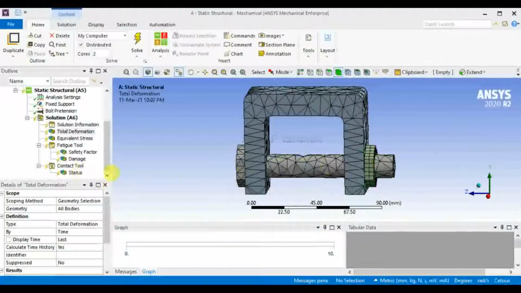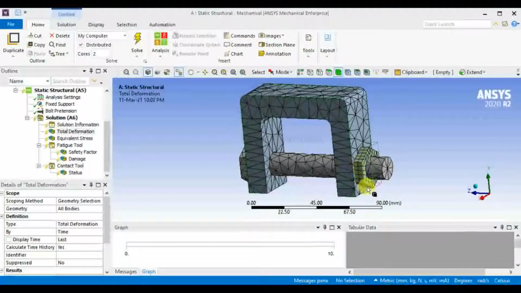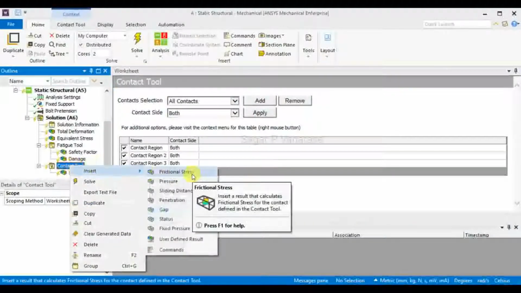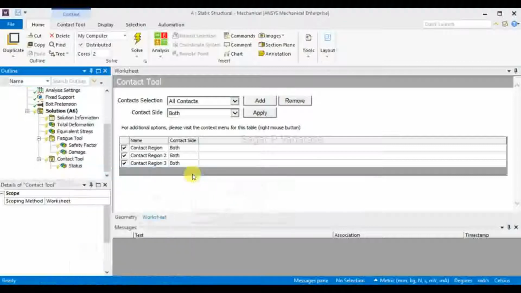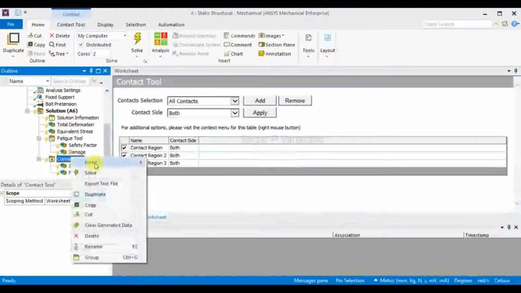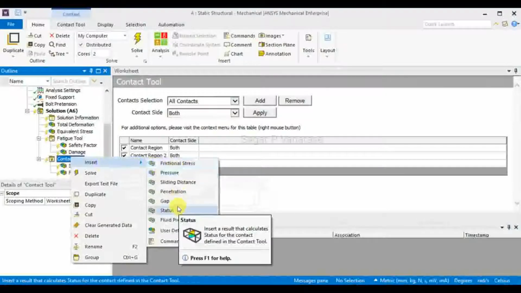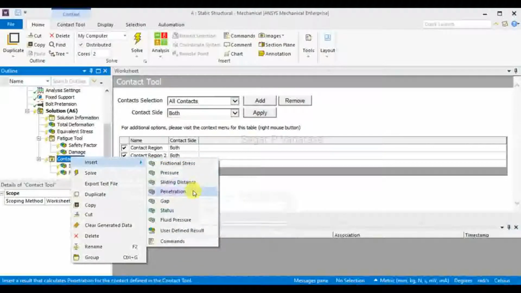The main fundamental is that by contact appearing between each other, we can find various types of results. We can see the frictional stress, how much friction we can develop between the two objects. Again we need to find the penetration.